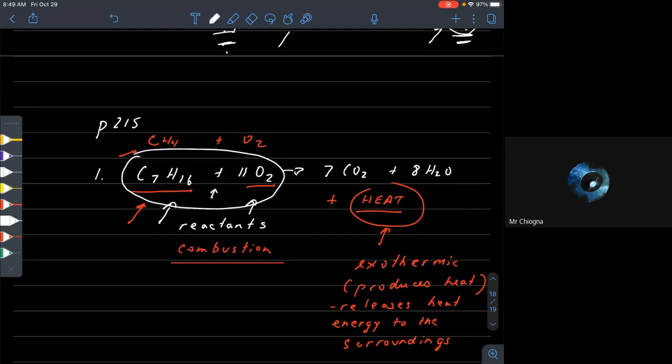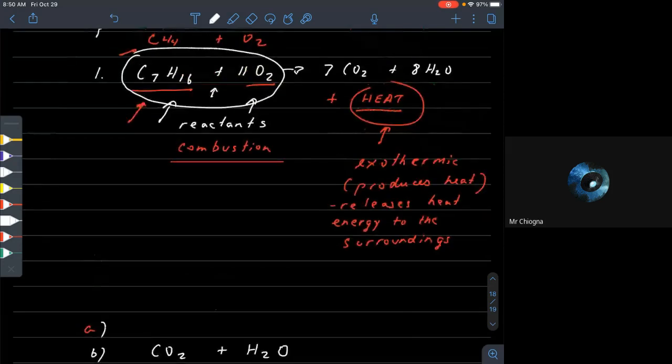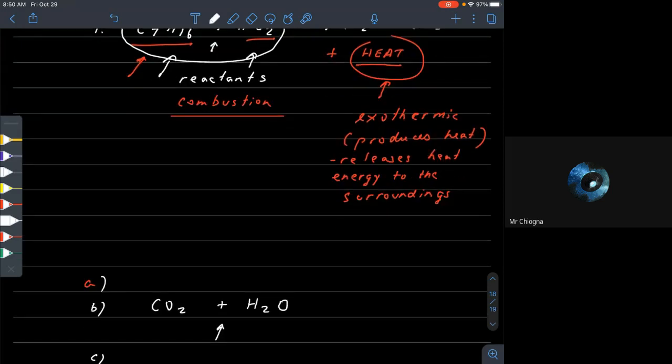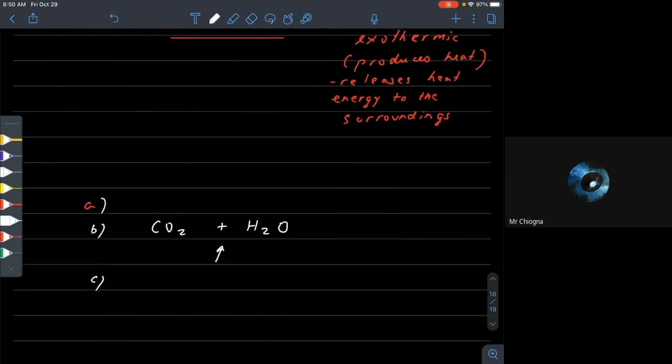Okay, B, formula of the products. Products in a combustion reaction are always the same. Carbon dioxide and water. This plus sign means that they're two different products. It separates them. Okay, what is the coefficient of CO2? It's this. The number in front is the coefficient. Okay, D, I kind of anticipated this. What's the meaning of the plus sign? On the left side of the equation, it means reacts. So on the left side, you've got